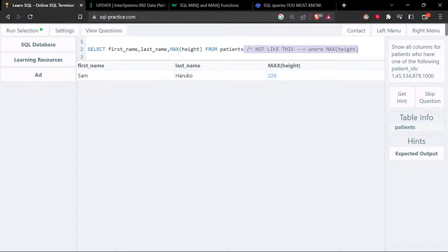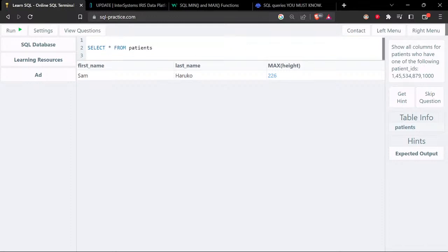So what you can do is asterisk, and then what I should be doing is have one of the following patient IDs. So what do I do about patient IDs? Use a where clause, where patient ID